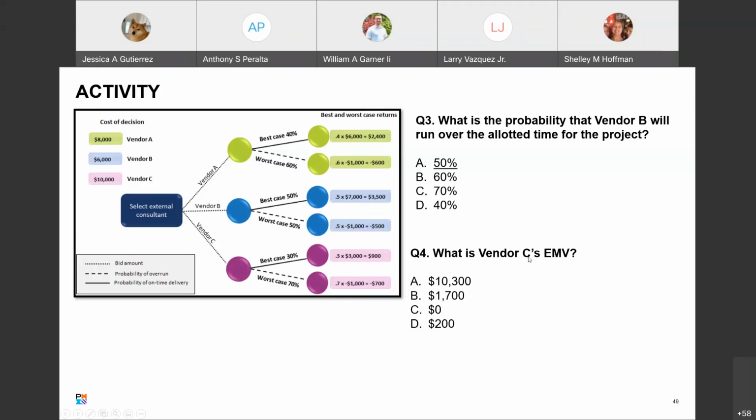What is vendor C's EMV, expected monetary value? What is vendor C's expected monetary value? That's how it was written. Let me add the word net in there. I don't think you're going to ever use one alone. So $10,300, $1,700, $0, or $200.